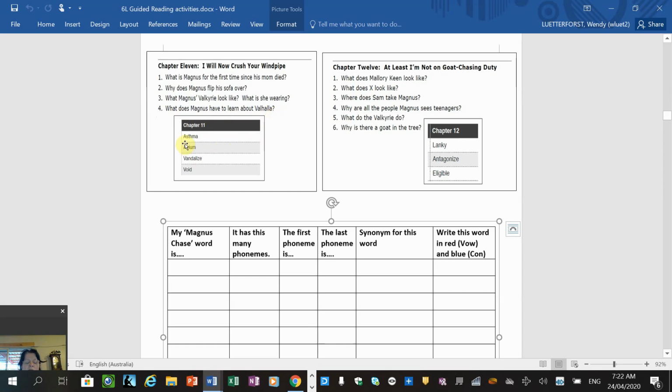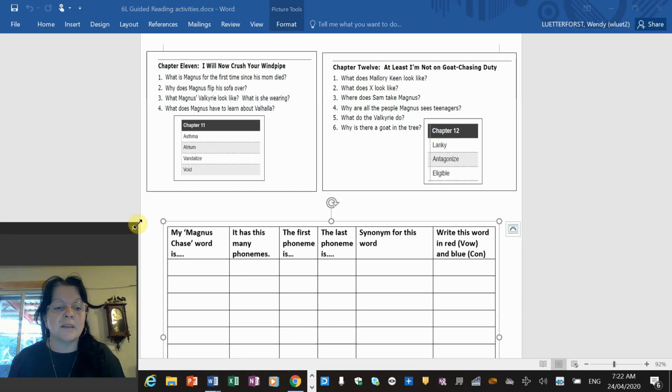All right, now, just with these words, very quickly, if you want to, you can write down the answers to this one this week. It's not so important because we may be doing just a little bit of a review and a refresh to bring us up to date. But let's do the phonemes for each word and make sure we understand the definitions. So asthma, as we all know, is a breathing disorder where your lungs can constrict and you can't take a deep breath of air in, and that's triggered by cold and dust and smoke, and that's what I experienced during winter. So if we say asthma,